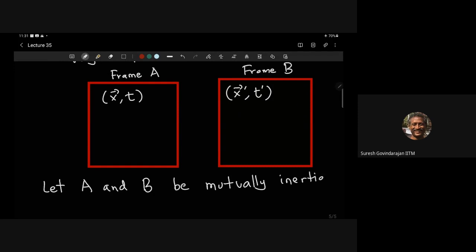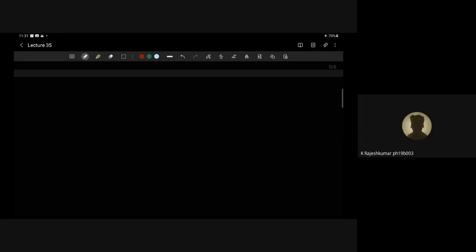What does that mean? Related by a Galilean transformation? No. There is no relative acceleration, so they will agree on forces. Let's use that definition. And then the consequence we derived. Then we looked at Maxwell. We looked at Newton's equations and derived Galileo. So here, the basic definition is not that, right?